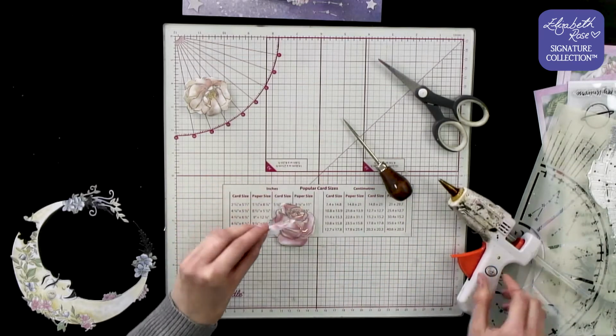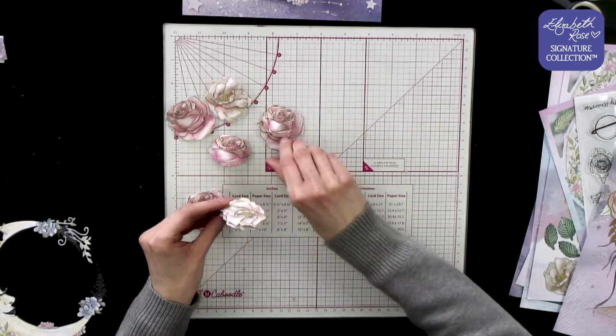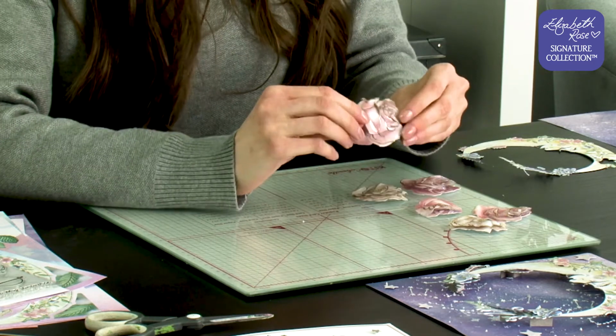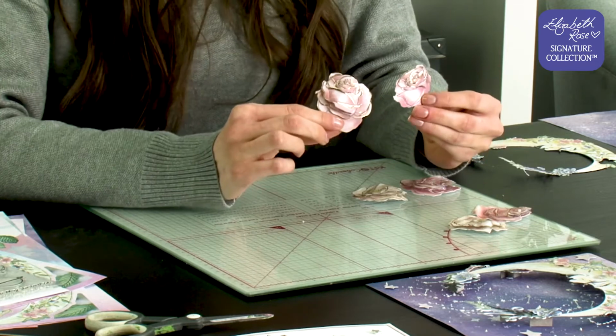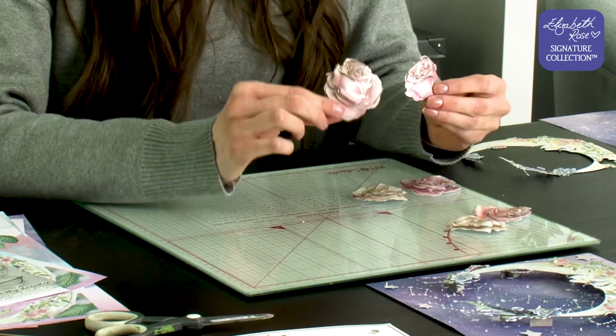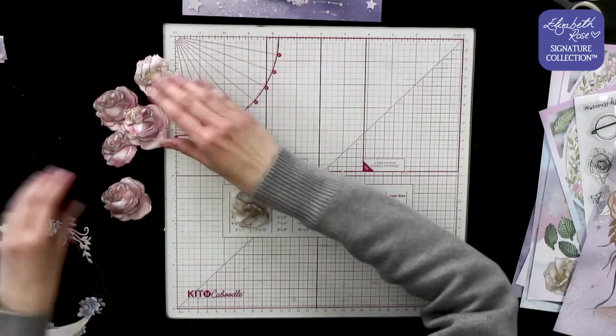is decoupage it. So I've built up all of the flowers that I'm going to be adding on to the project today. So we've got all these, and you can see I've added more layers, and I've even built up the smaller one as well, so you don't always have to build up the bigger flower. We can add smaller layers on there as well. I'm just going to move these ones out of the way, and now it's time to move on to the